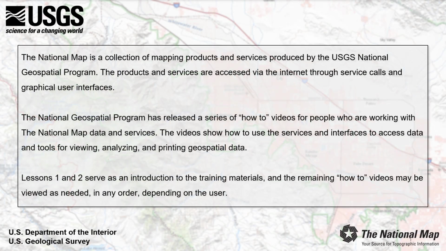The national map is a collection of mapping products and services produced by the USGS National Geospatial Program. The products and services are accessed via the Internet through service calls and graphical user interfaces. The National Geospatial Program has released a series of how-to videos for people who are working with the national map